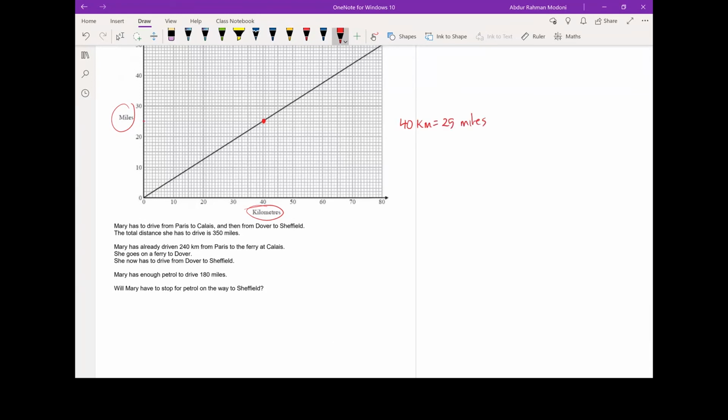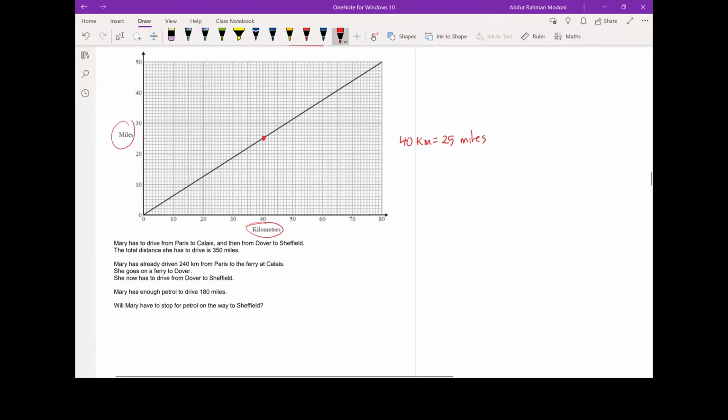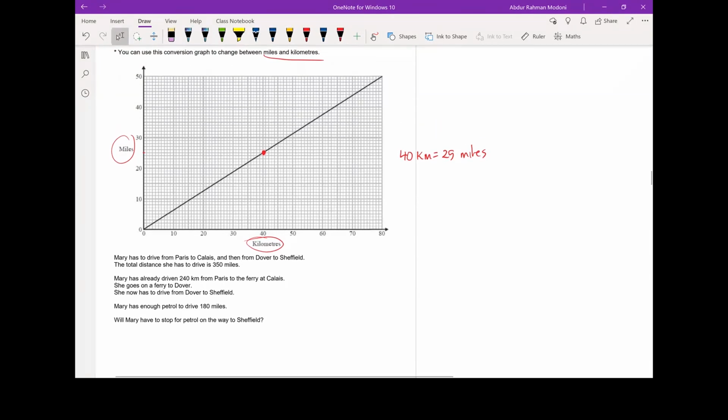It's quite useful to use, maybe. Okay, so I've written that down for that one point. It could have been any point. It doesn't really matter, because from any point I can go on to use multiplicative reasoning. Okay, so then it goes on to say Mary has to drive from Paris to Calais